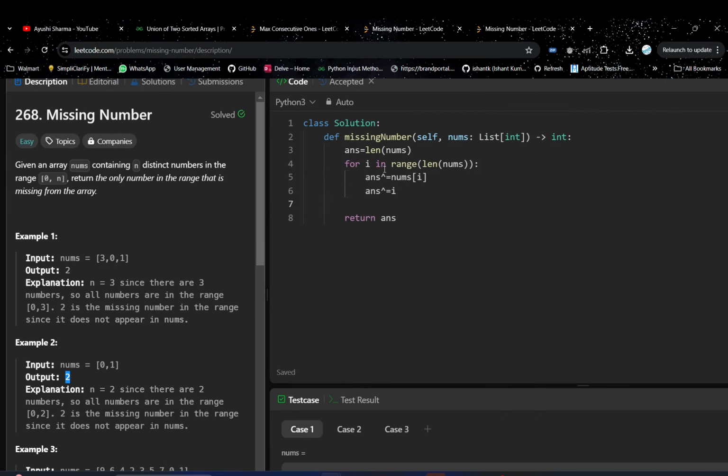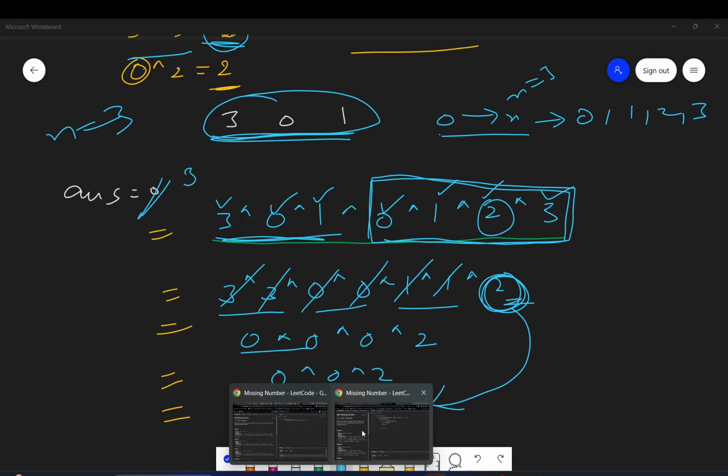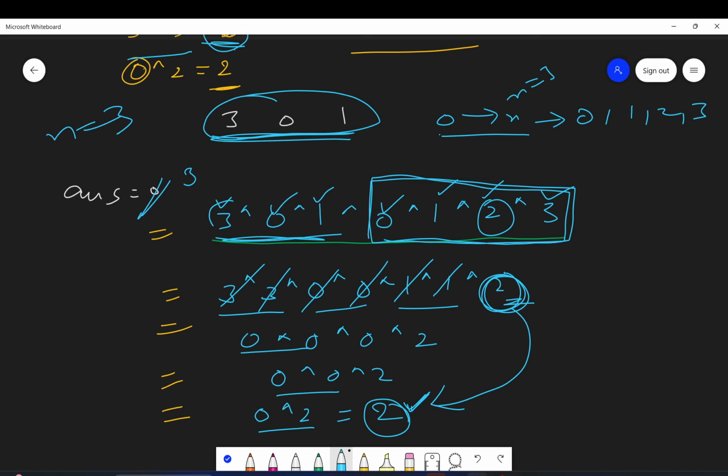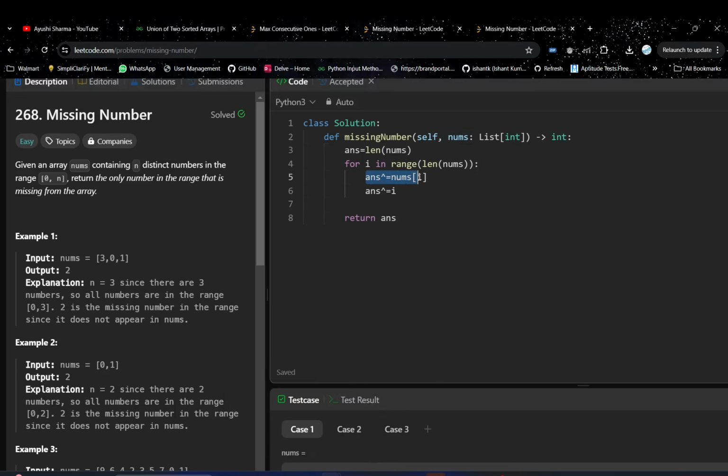So in the code, right, initially you can assign an answer as the length of the nums. So here I will initialize it to 0. You can initialize it with the n. So n is 3 here. So just initialize it with 3. Okay. Then you go to every element in the nums, that is these numbers, and XOR them with the number.